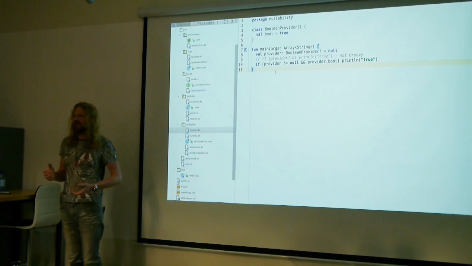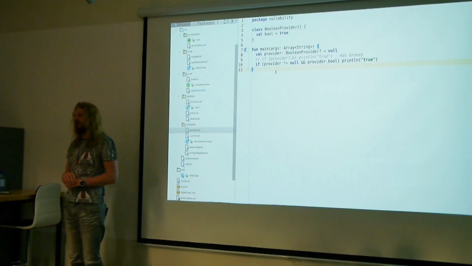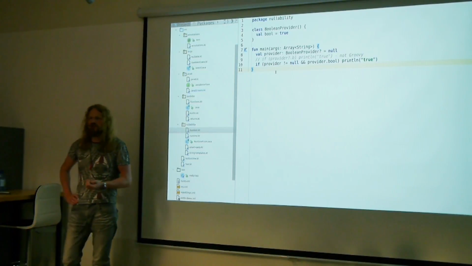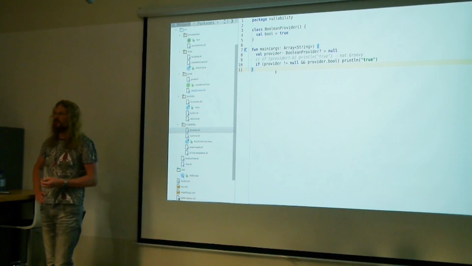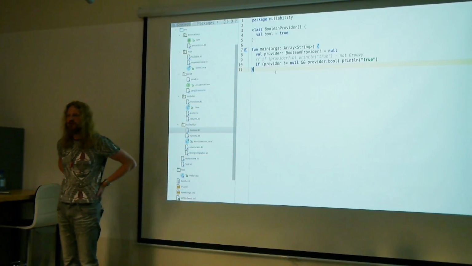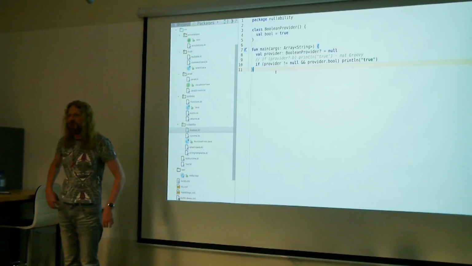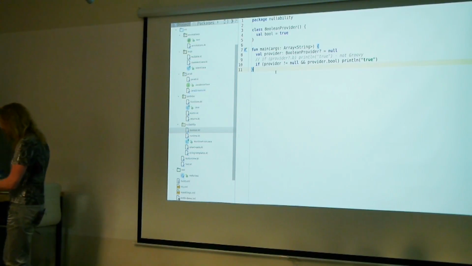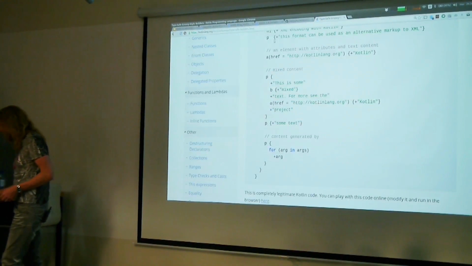It still remains an experimental research language. And why it took the Kotlin guys like 6 years to build the language is that they tried to eliminate most of these not understandable and strange things. So they tried really hard to make it a good practical language, which is enjoyable and easy to use. So that's a good thing about Kotlin.